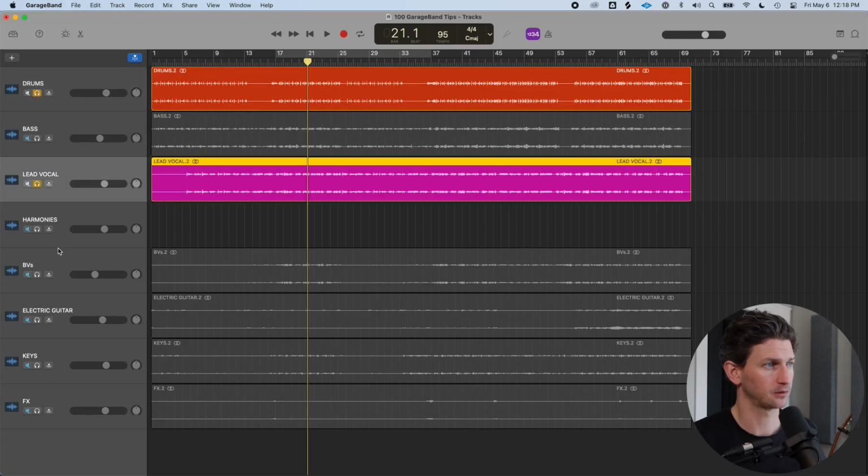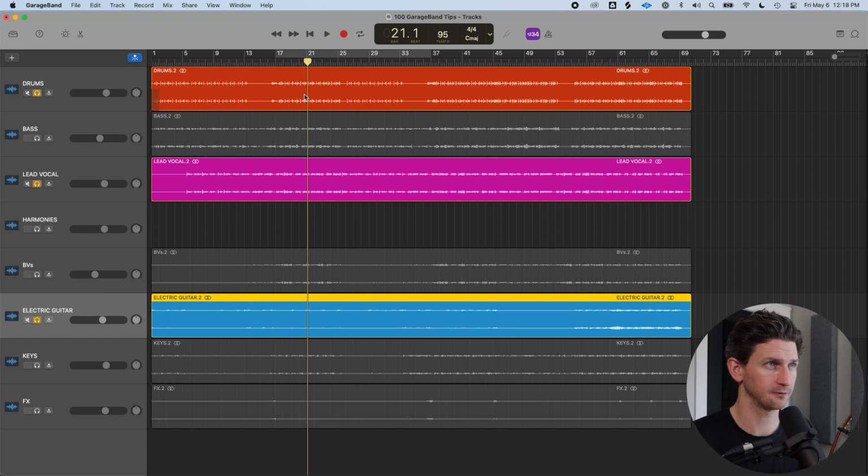Tip number 27 on solo and mutes as well. If you have the drums soloed and the lead vocal and the guitars, and you're just kind of mixing or working on only these 3 tracks,